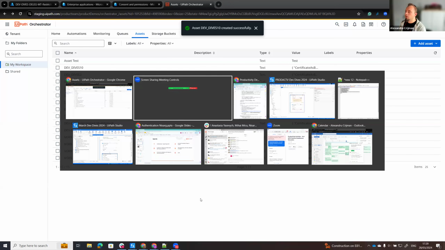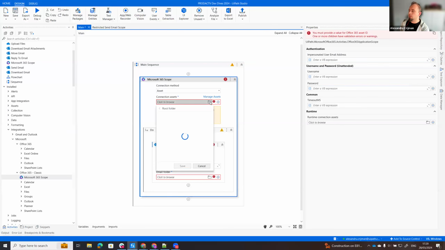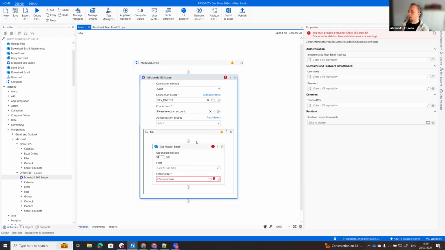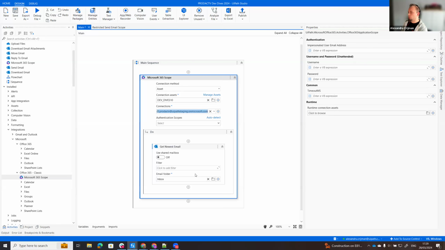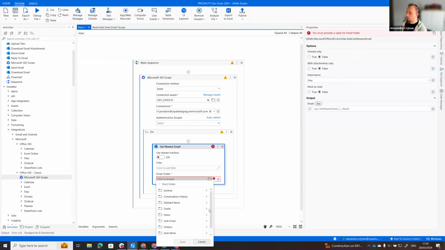And now if I go into the activity, I will just be able to see the new asset that I configured, dev dives 10. Then at the design time, we will be able to create new connections. And if the app registration was already used in other automations, you will be able to see those connections as well there, as long as they have access to those refresh tokens. So let's take an example. I'm going to use the test user 1. So by magic, I'm able now to see the